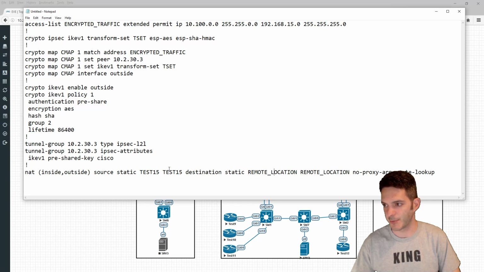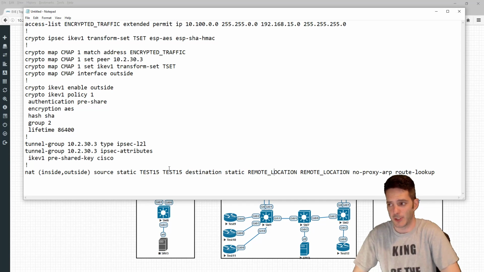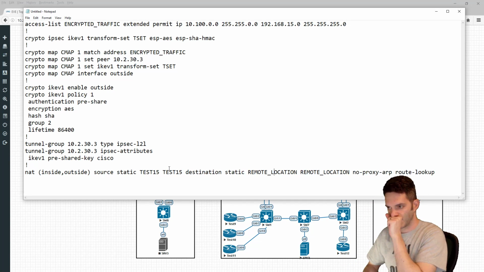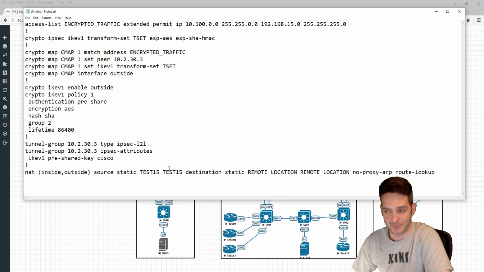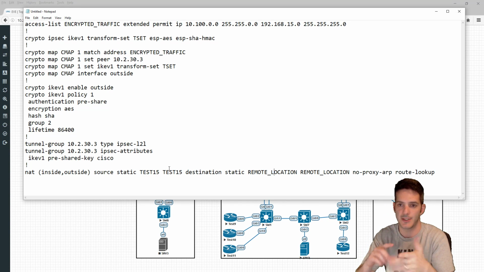So, let's go ahead and explain what's happening here. From the top down, line by line, we're going to break this down so you guys have an idea of what it is. The first entry, the access list encrypted traffic, means that this is the traffic that's actually going to be encrypted. So, any traffic, that's any IP traffic, so it's going to include TCP, UDP, ICMP, anything,